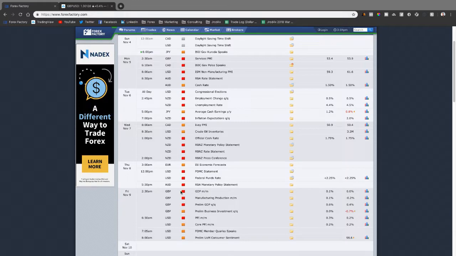Typically we don't trade Fridays or even Mondays, but in this particular instance, the setup may form on Monday or even on Friday. Personally, I'm feeling like it would be better to trade at the end of the week, so we have FOMC and the elections out of the way. We may even hold off all week until Friday before we take a trade, which is very rare, but that may be what we have to do to get all of this out of the market, so we have a better idea what the market's going to do.